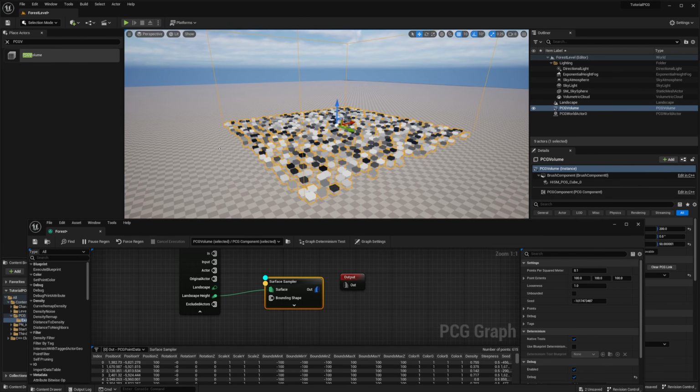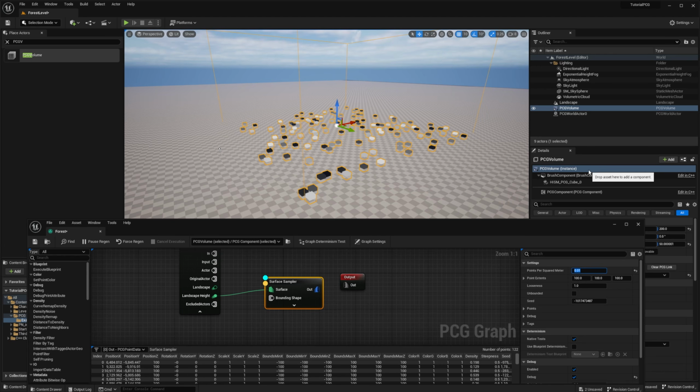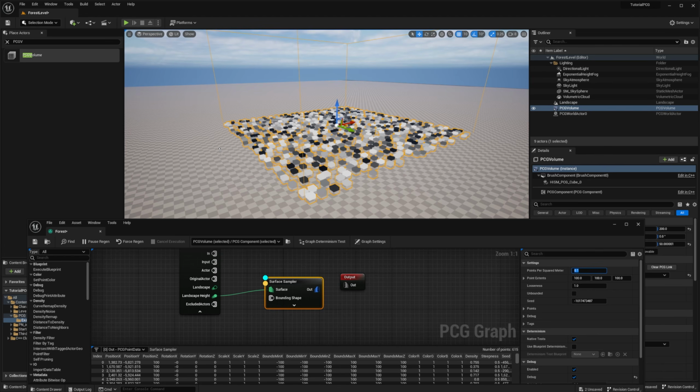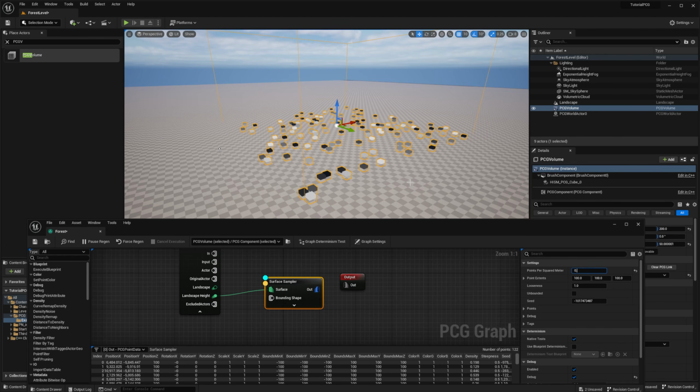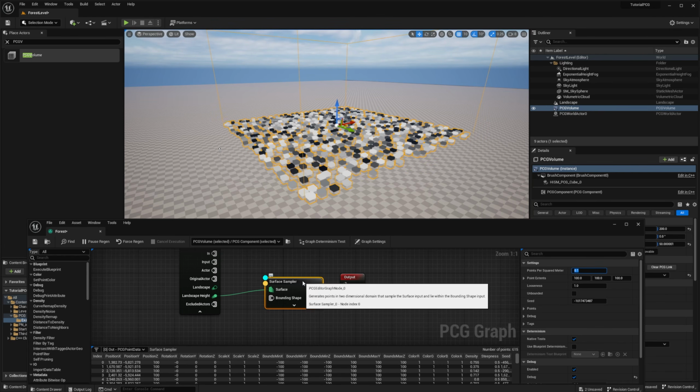Now that we have our points, we can play a bit with the surface sampler and its settings. So on the right, if you click on it, you can see the few options that are available. And you can change any of them and the graph will be automatically regenerated. So if we change our number of points, I say I want less points, I can just say I want like 10 times less points, you will have less points. If I want more, I can just try to reset it to the previous value. And you can verify that the points generated are exactly the same. It's because the surface sampler node is deterministic. So it means that if you are setting exactly the same settings, you will have exactly the same result.